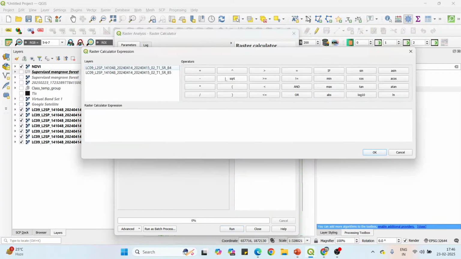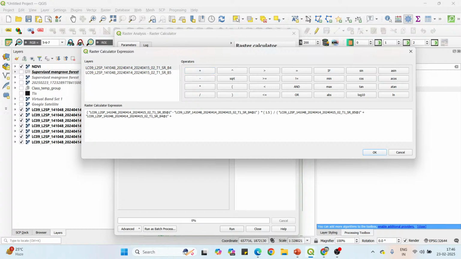Write your expression here. Brackets open, band 5 minus band 4, brackets close, multiplied by 1.5. Again put the brackets here, and then divided by, brackets open, band 5 plus band 4